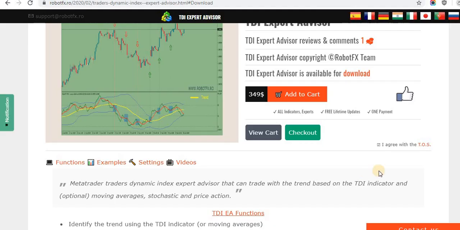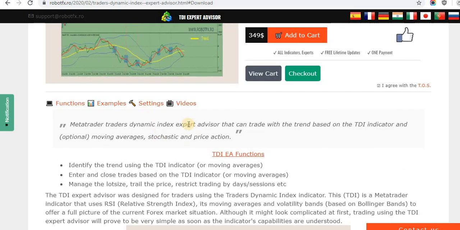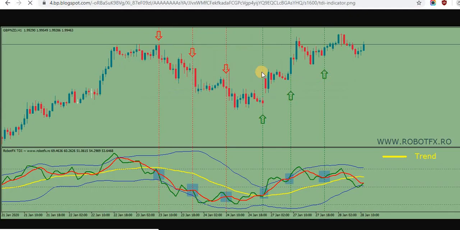TDI, if you don't know, stands for Traders Dynamic Index, and it is an indicator designed to simplify trading and display, if possible, all the price action in one separate window from the chart. I won't go into details